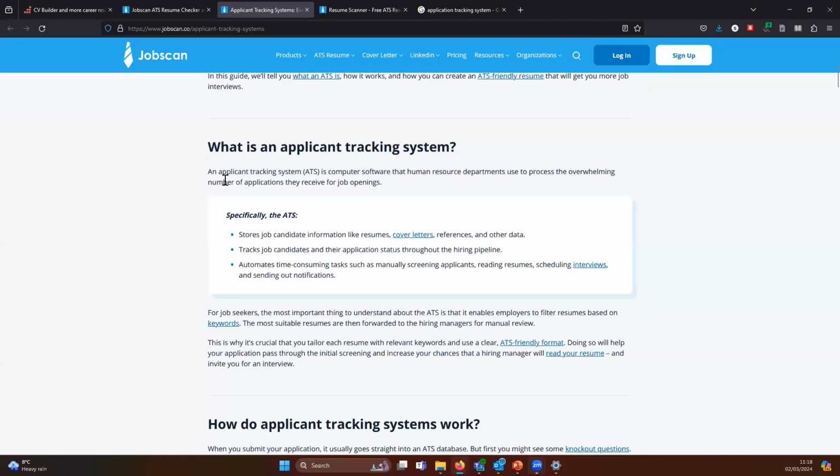What is it? It's a computer software that human resource departments use to process the overwhelming number of applications they receive for job openings. Specifically, it stores job candidate information like resumes, cover letters, and references and other data, tracks job candidates and the application status throughout the hiring pipeline, and automates time-consuming tasks such as manually screening applicants,